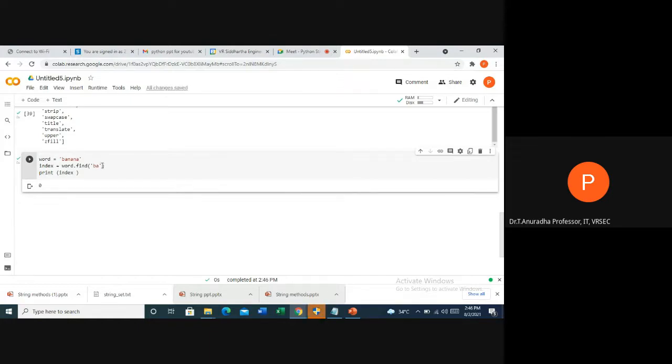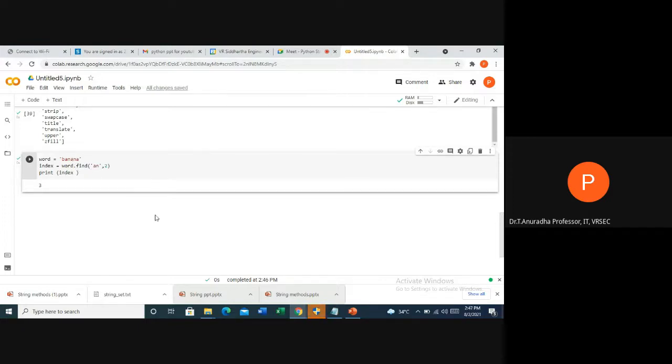Now if I specify the starting index from where I want to search. BA is only at the 0th position, so we'll see AN. AN is there 2 times. The first time AN is occurring at the first index position, but I want to search from the second index. That means it will search starting from the second index where the given substring is occurring. So it is showing 3 because the second time AN is starting at the index position 3.